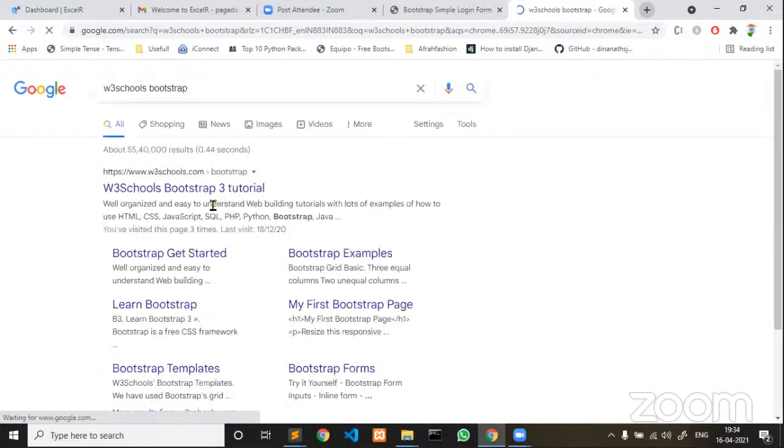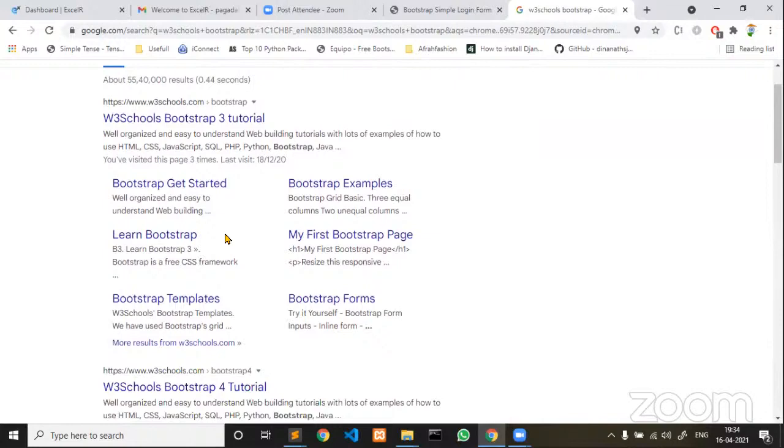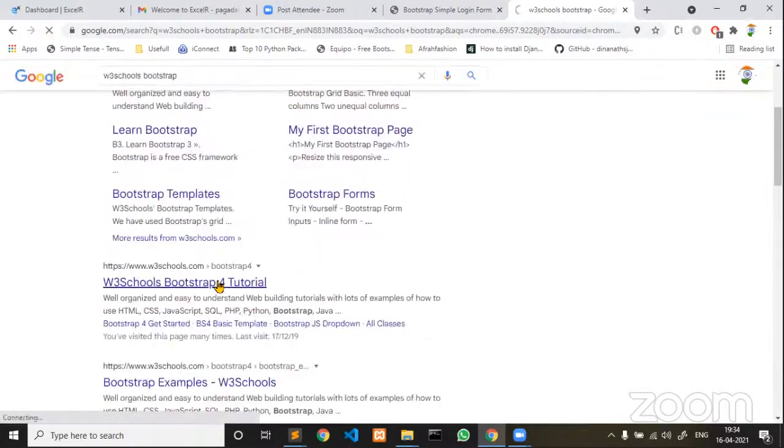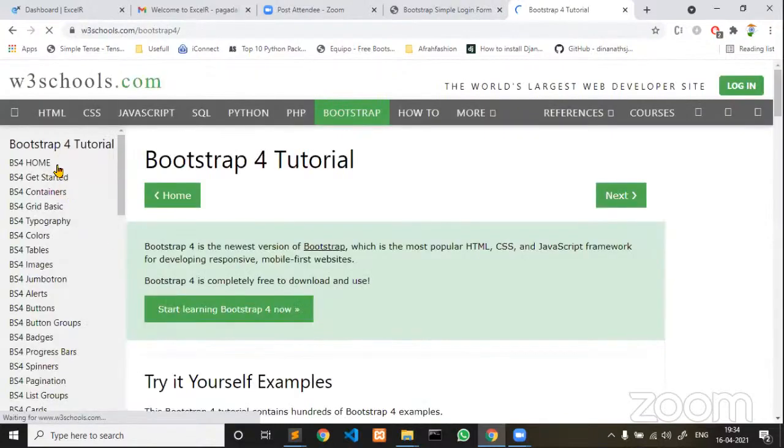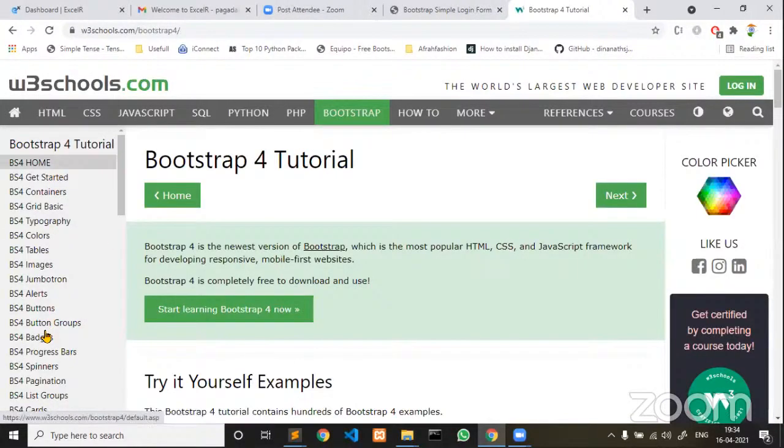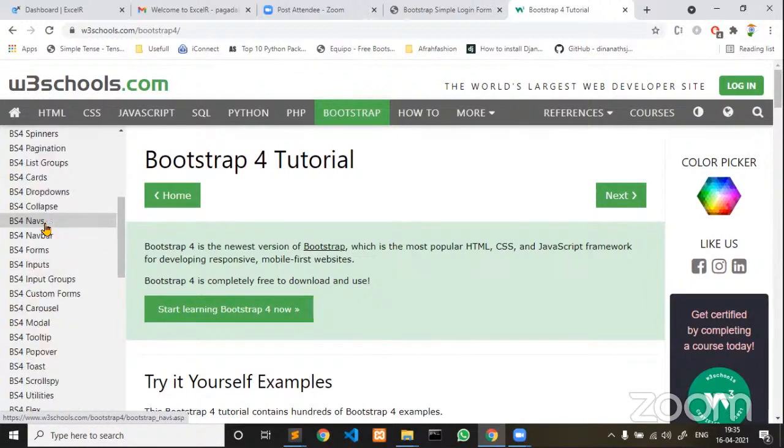Now Bootstrap 3, I don't want to go for Bootstrap 3, which is an outdated version. Let us go for Bootstrap 4 on W3Schools, I'm clicking. If you guys get a chance, please go through each one of the concepts inside. For the time being, I'm going to explain a few predefined classes, then the remaining ones you guys have to learn.